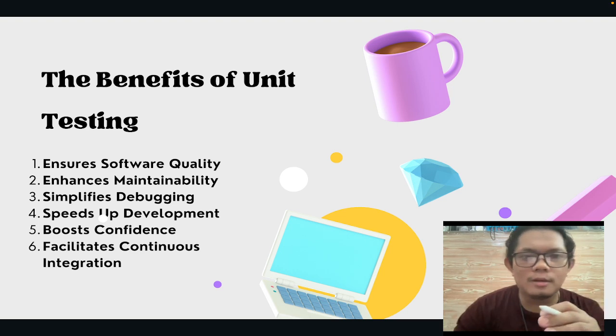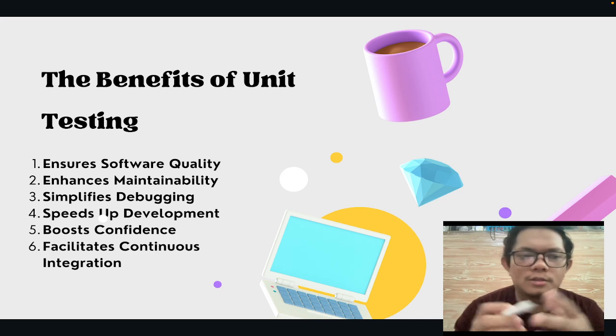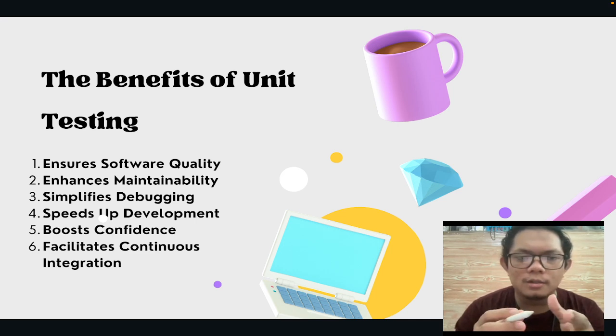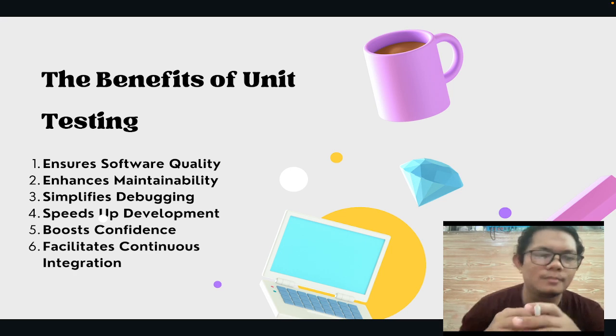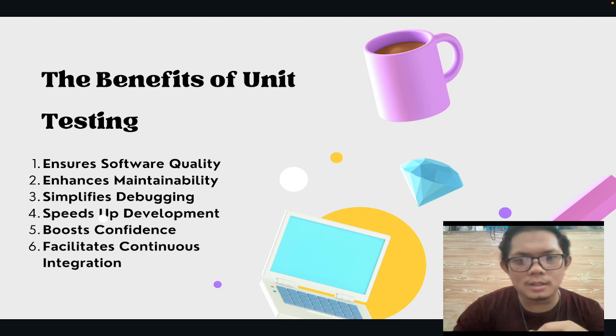And the fifth one is boosted confidence. Unit testing gives developers and the development team confidence that each component in the software works as intended. This can increase trust in the system as a whole. And the last but not least, unit testing can